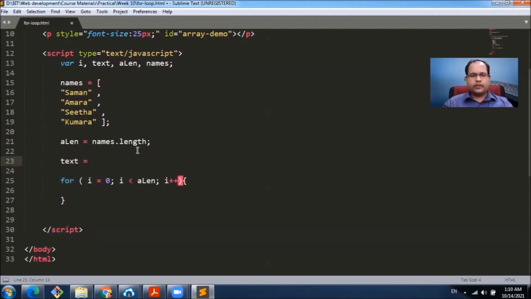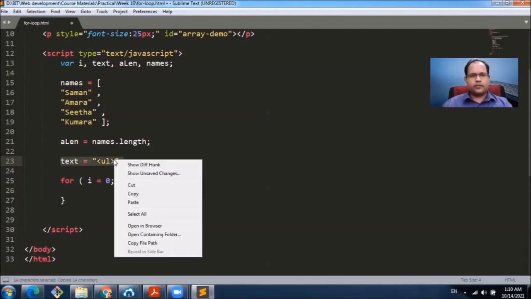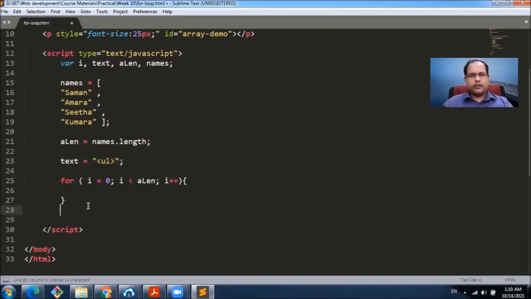First, we will initiate the text variable with an unordered list. After the iteration, we also want to close the unordered list. So inside the loop, we want to add list items representing each of these names.